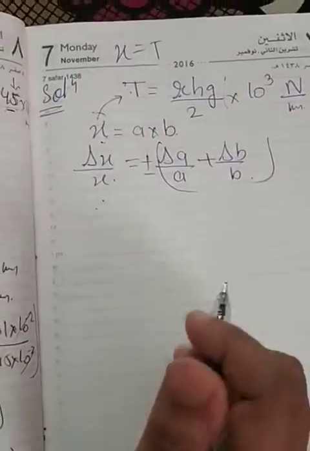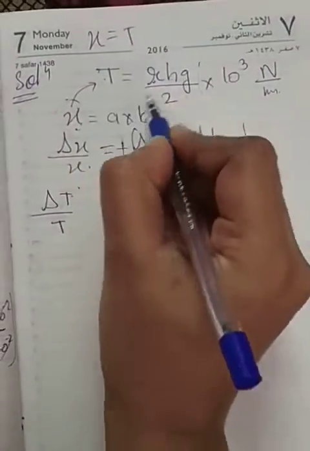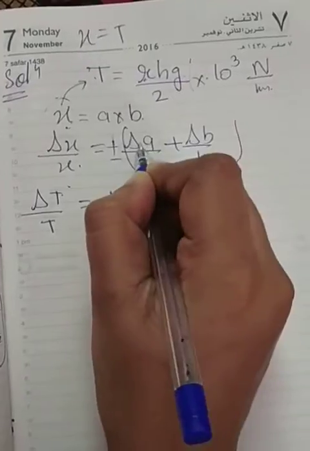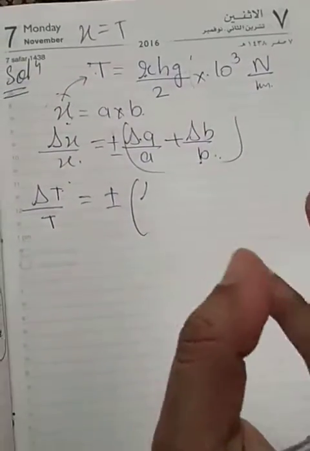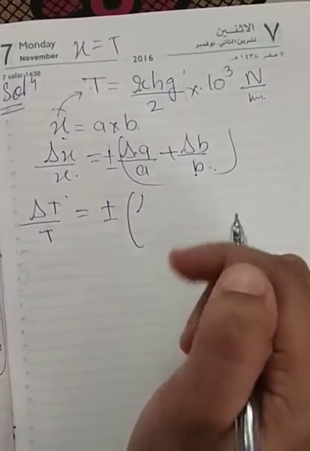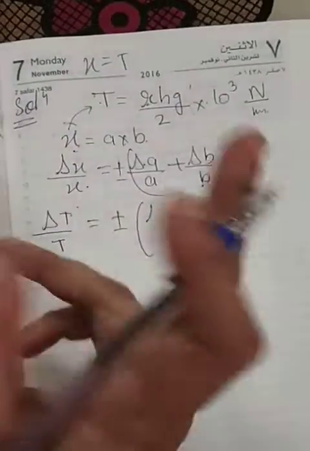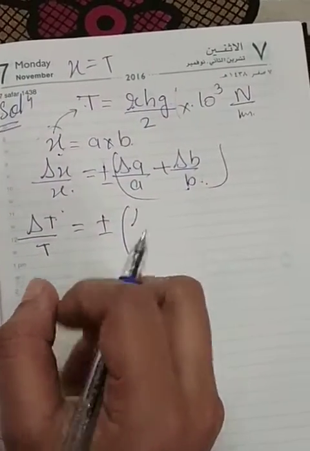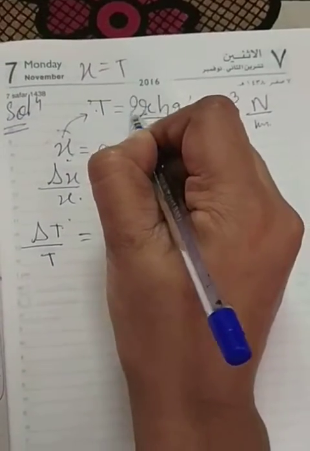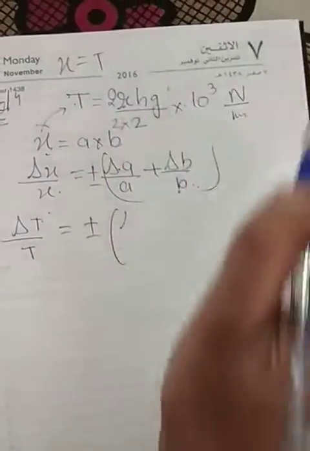Now students, let's just do it. Delta t over t, since they are in multiplication, we can apply this, that is plus minus, we have delta r here. Students, I wanted to tell you one more thing. Look, here we have radius, and in the question they have given us diameter, 1.25 × 10^-2, correct? So can I multiply and divide by 2 here? This 2r will give me the diameter.